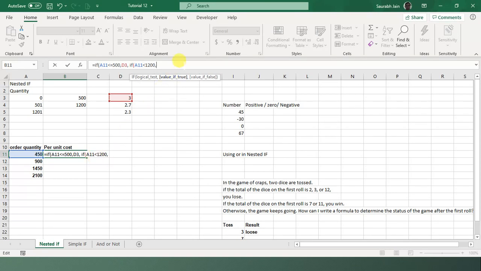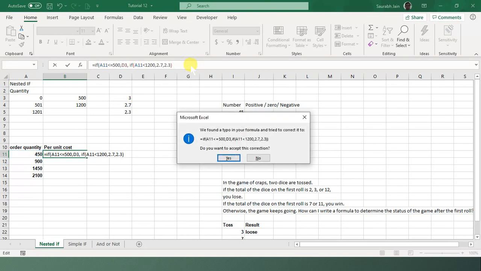Now if it is, I have to use 2.7, comma. Look, now the last price is 2.3, bracket close.